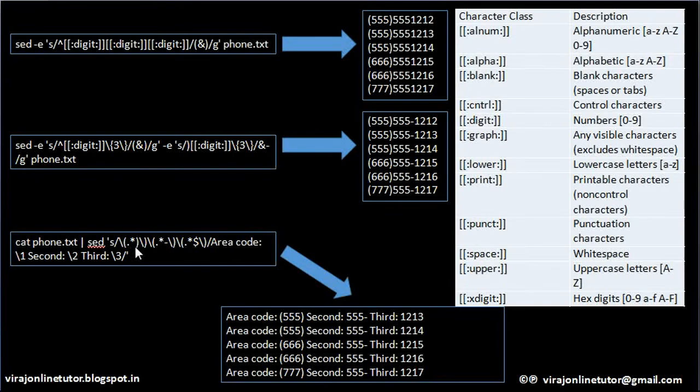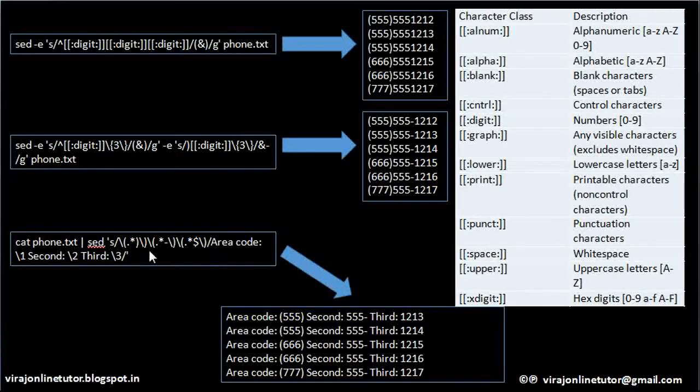So what is the content of this group? Dot asterisk means any characters, 0 or more repetitions, followed by a close bracket. So consider this as an input to it. In that case, it will read any characters which end with a close bracket, and this entire thing will be considered as your first group. The second group starts from here and ends here. In the second group, it considers all characters which end with a hyphen sign.